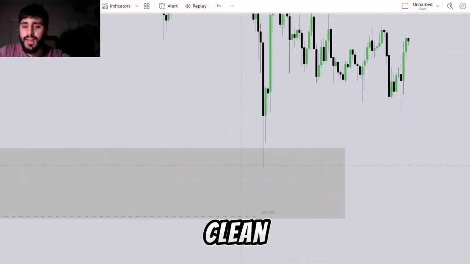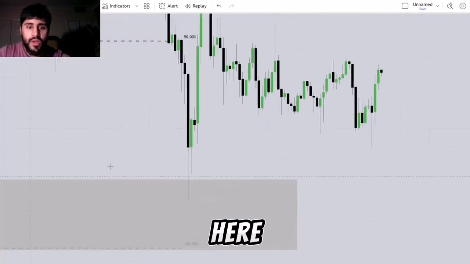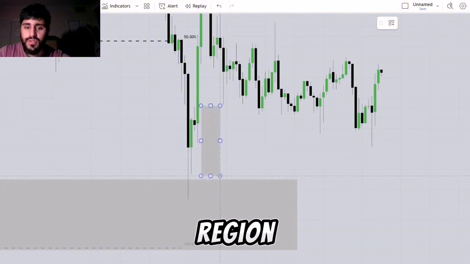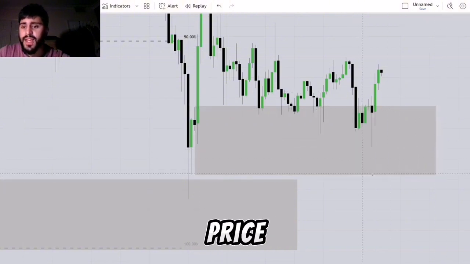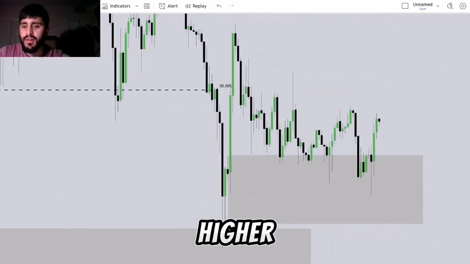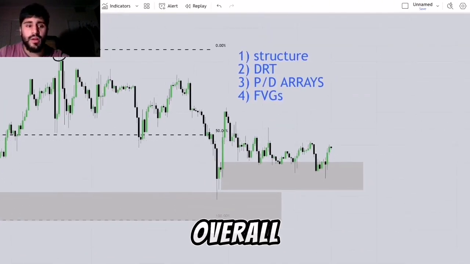So we have a very, very clean wick rejection over here. And we also have a second fair value gap over here. Following the exact same logic, we have a fair value gap resting over here in this region. We're just going to use this buy to sell wick region. And as you can see here, price tapped into this fair value gap before heading higher. So when it comes to a higher time frame bias, right, if we check off our overall checklist